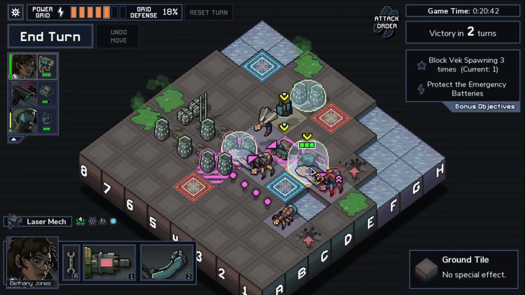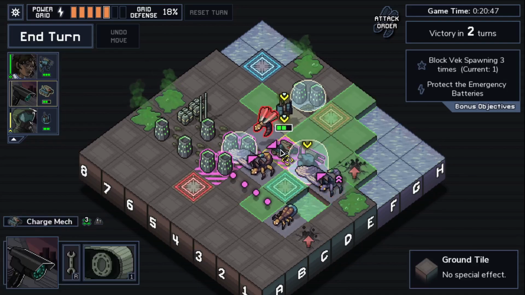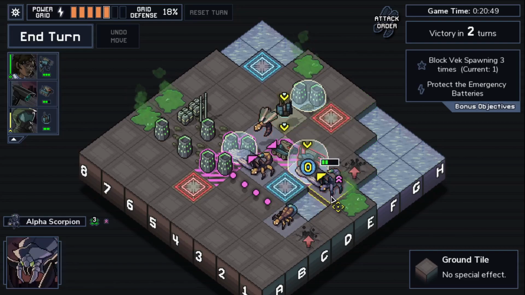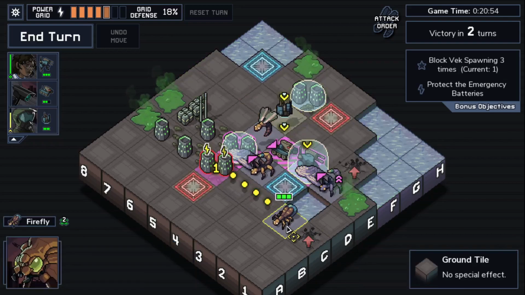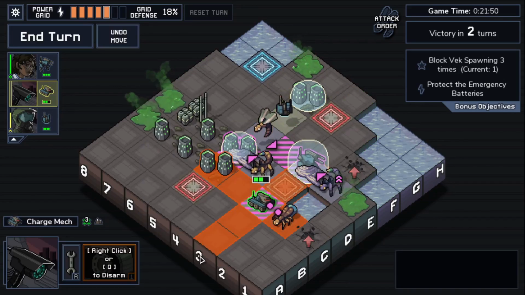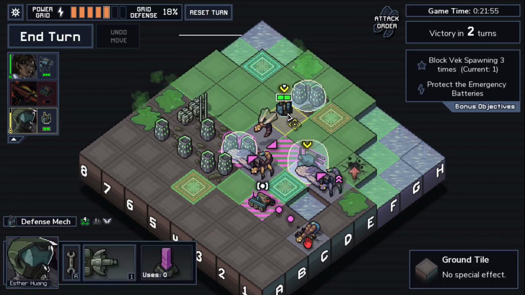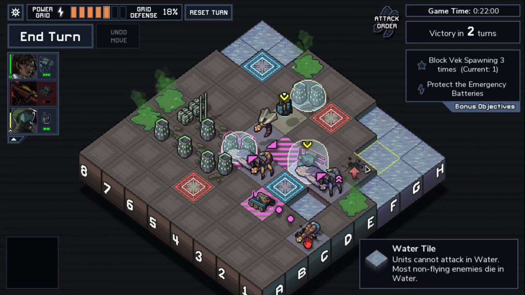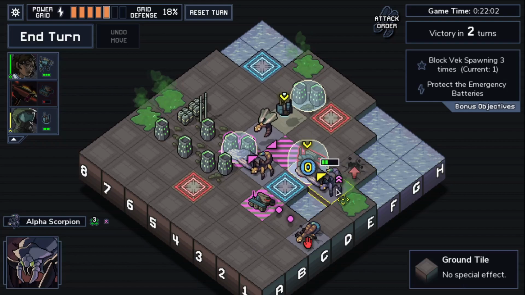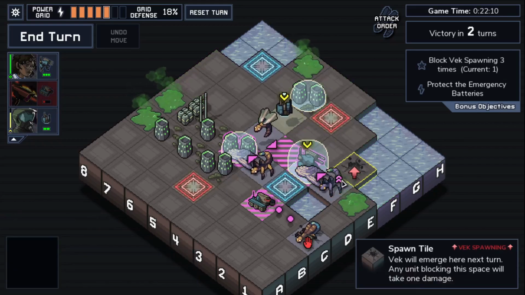I need to block spawns. One. I cannot push it unless I sacrifice myself, which is probably a good move. Only way to push Firefly here. And if I wasn't webbed, this would be an easy move. But they cannot, so I need to block Defense Mech